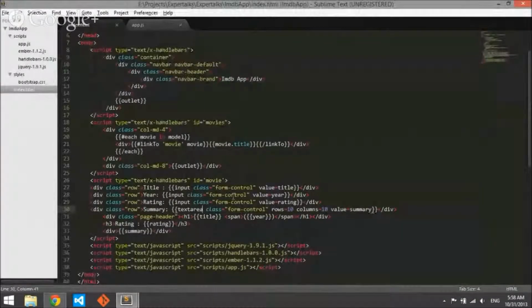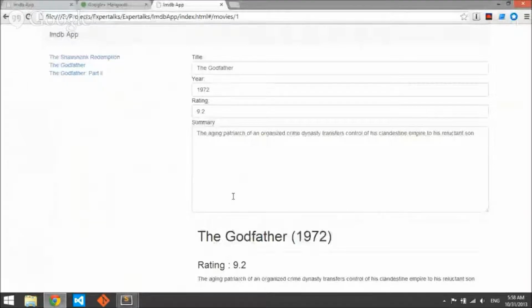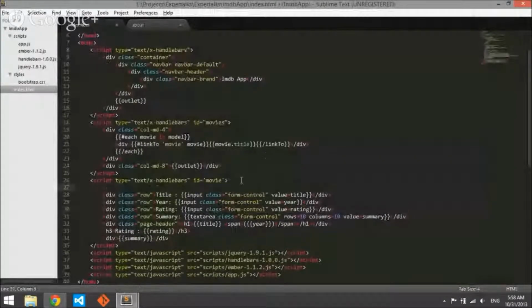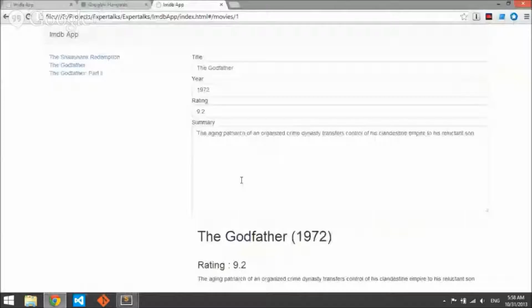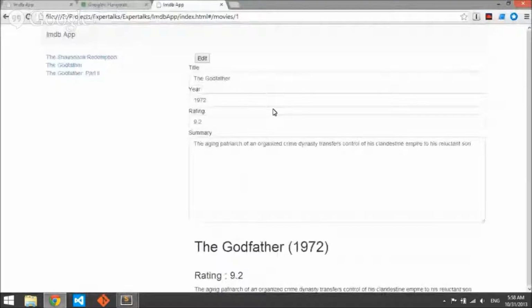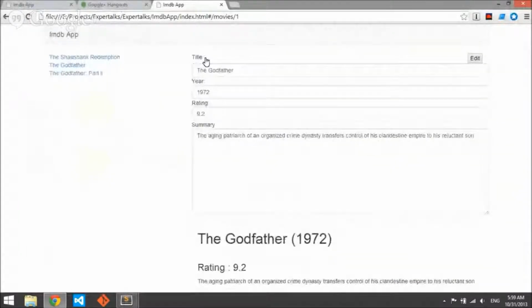So now, obviously, this does not look good. I mean, seriously, you just can't have the edit part show up everywhere, right? So let's put a simple button. Let's put an edit button, which will display whenever we are going into the editing mode. So I will say button. This will have text edit and end the button. We refresh and I get an edit button. Oh, let's just right align this thing. Class, pull-right. Let's see, it's gone to the right. It's handled. Cool. So we have the edit button, but